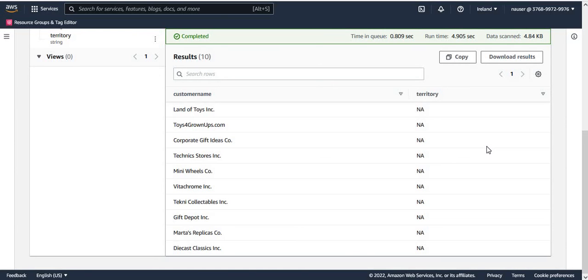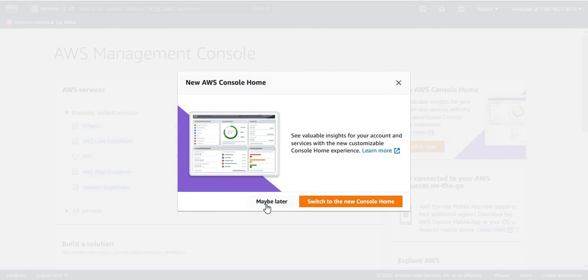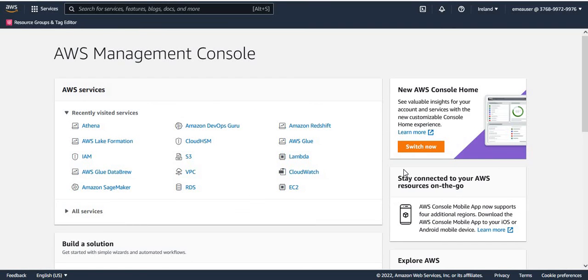Next, I'm going to log off as the NA user and log back in as an EMEA user. Then we will see if the EMEA user's data access has been applied or not. So let me log back in as EMEA. Okay, so I have logged back in as an EMEA user. You can see I'm an EMEA user now. Now if I go to Athena,